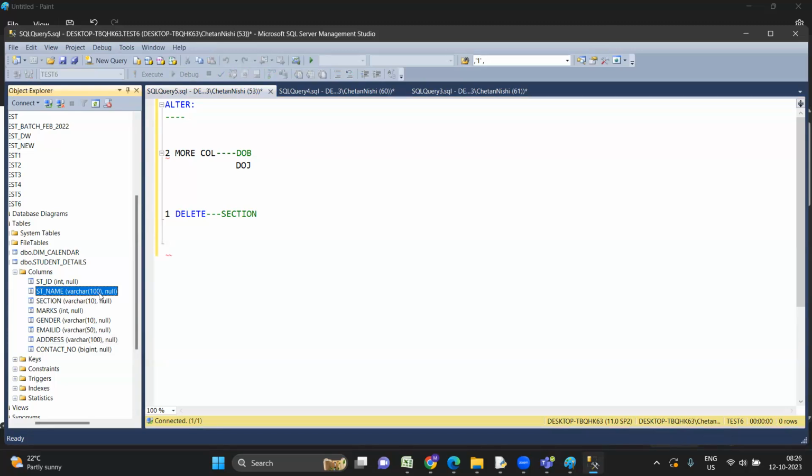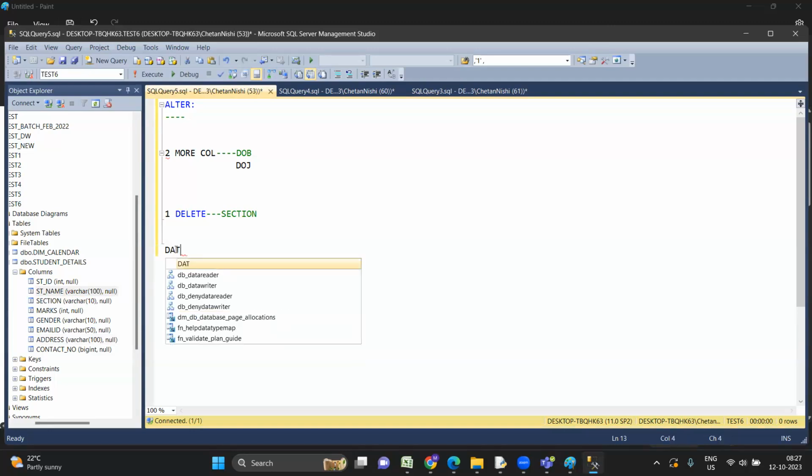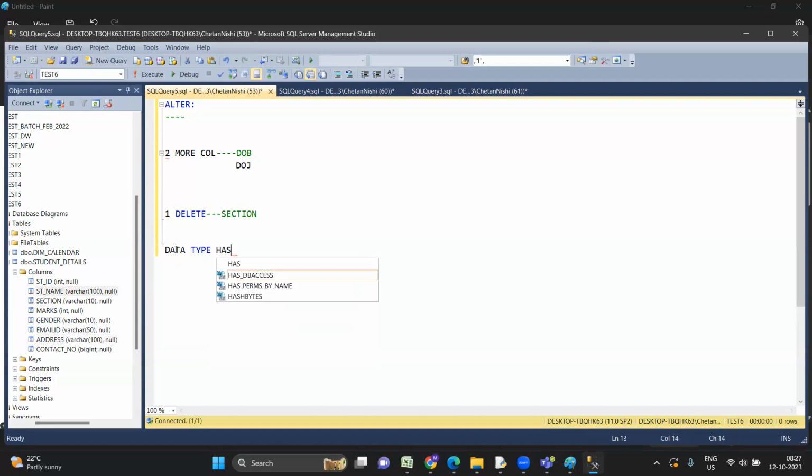So maximum we are trying to insert 60 characters only. So in that case, we will need to reduce, correct? Yes. So the data type has to be modified, from 100 to